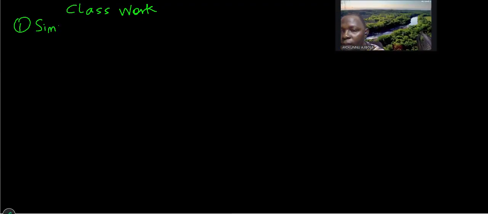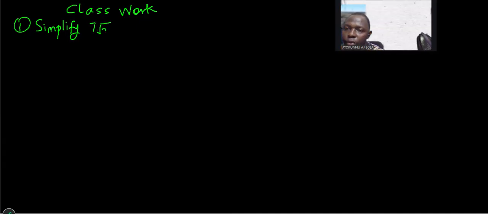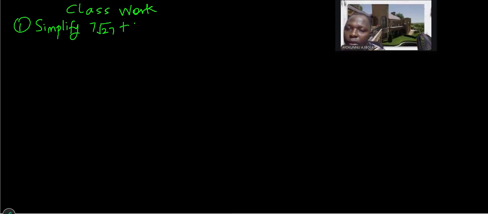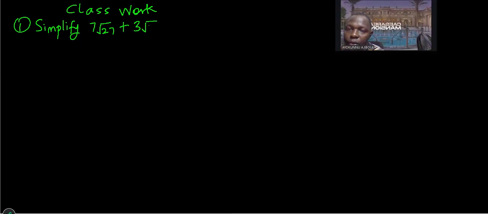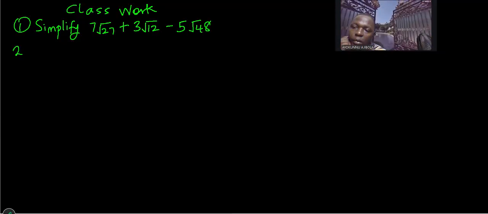Alright, so I'm going to give you classwork now. Let's see. Question 1. Want to simplify 7 root 27 plus 3 root 12 minus 5 root 48. And number 2,